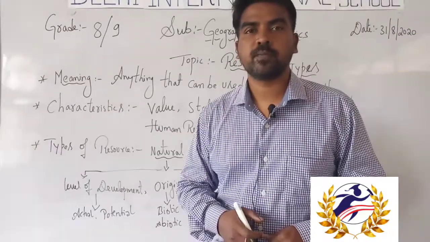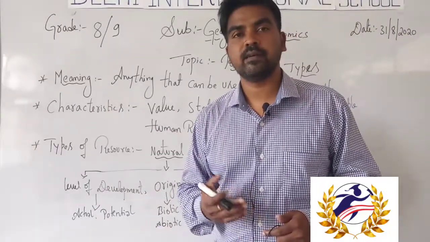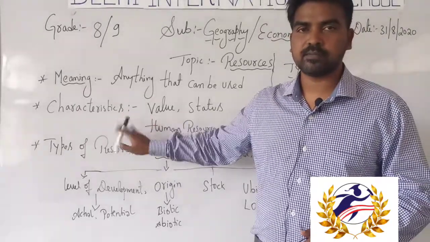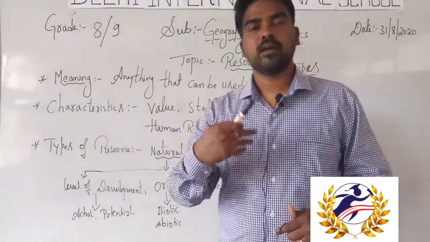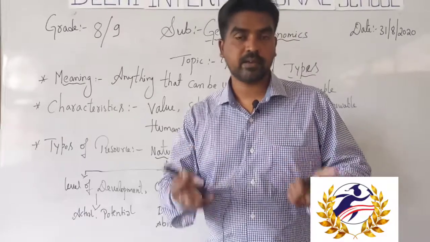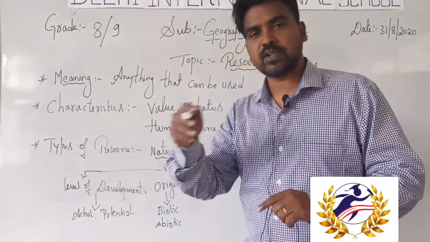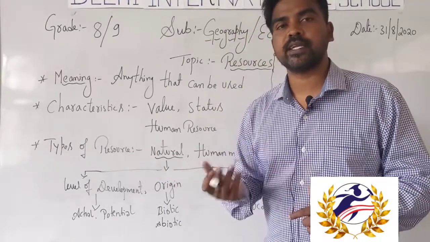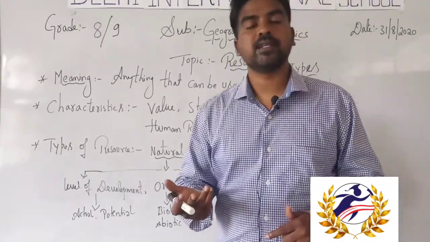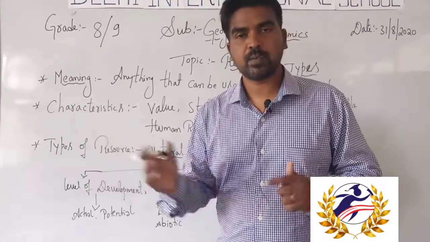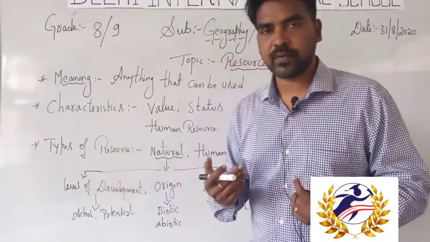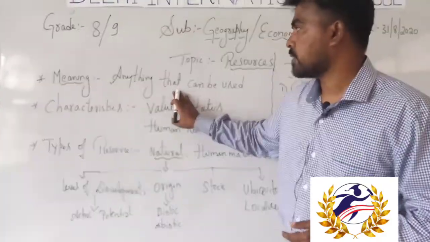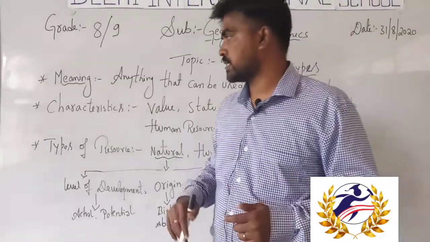So we drink water, we want light, we need power. Say, for example, I am using this board, I am using this marker, and the class is recorded in electronic media. So these are all resources to satisfy our needs. We depend upon vehicles to move from one place to another. So these are all resources to satisfy our needs. We call them resources because they can be used to satisfy our needs.